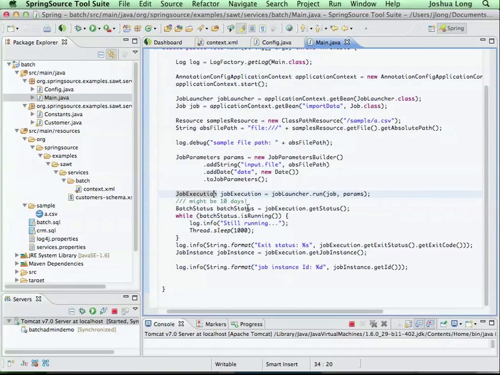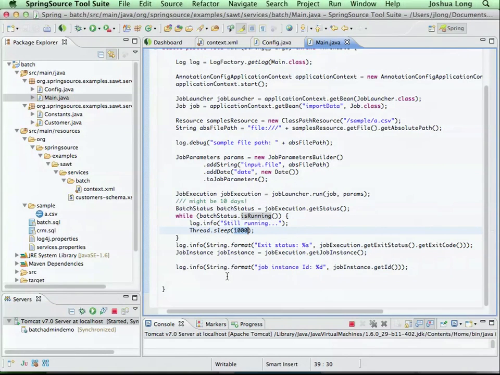Once I have the job execution, I can actually ask it its status. Be aware that with this job execution you might have 1 million records, right? That's the whole point. It's a batch process. It might take until next week for it to finish. Have no fear. It'll stay alive. It's fine. It knows how to do the right thing and stream through the data. But the point is, you need to be able to ask it, so how you doing? You know, what's going on? Where are you? So here I've got a little loop where I'm asking it if it's still running.